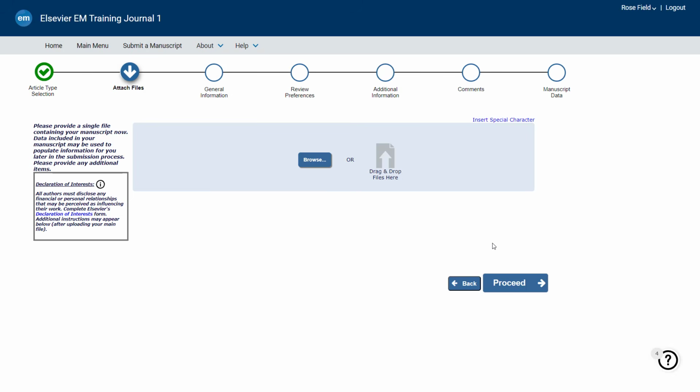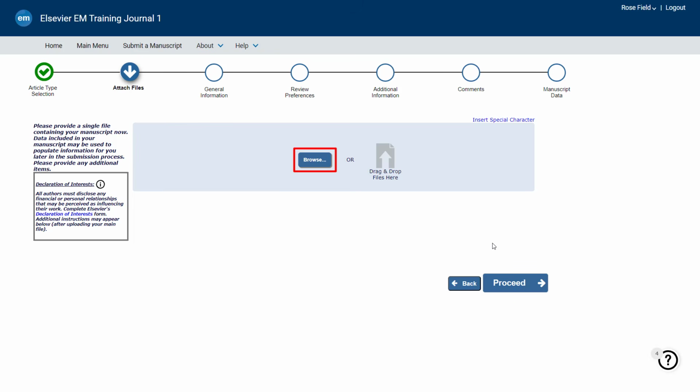As you move through the submission steps, you can track your progress at the top of the screen. A green tick is displayed when a step is complete. If information is missing, a red exclamation point will appear for that step. A blue circle with down-pointing arrow indicates that you are currently on this step. You may move between steps by clicking the Proceed button at the bottom of the screen, or by clicking directly on the step at the top of the screen.